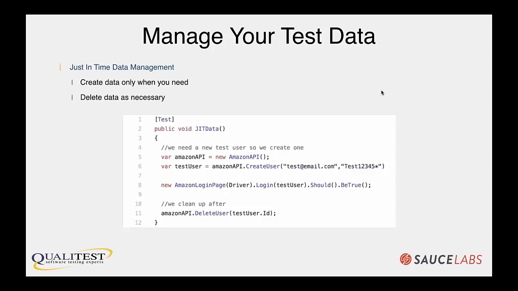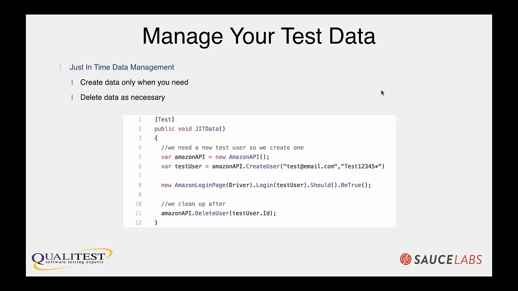Some examples of where test data management can go badly is when you start hard-coding your test data. When you start hard-coding your test data into tests, what may happen when you run in parallel is tests may start stepping on each other, right? Maybe you're using the same user in multiple tests, and one user logs in, and while he's logged in and doing stuff, another test comes and uses that same exact user and starts manipulating the user interface as well. And now these two tests are stepping on each other's toes, throwing off the test user preferences and stuff like that. And so when that happens, you'll never be able to parallelize.